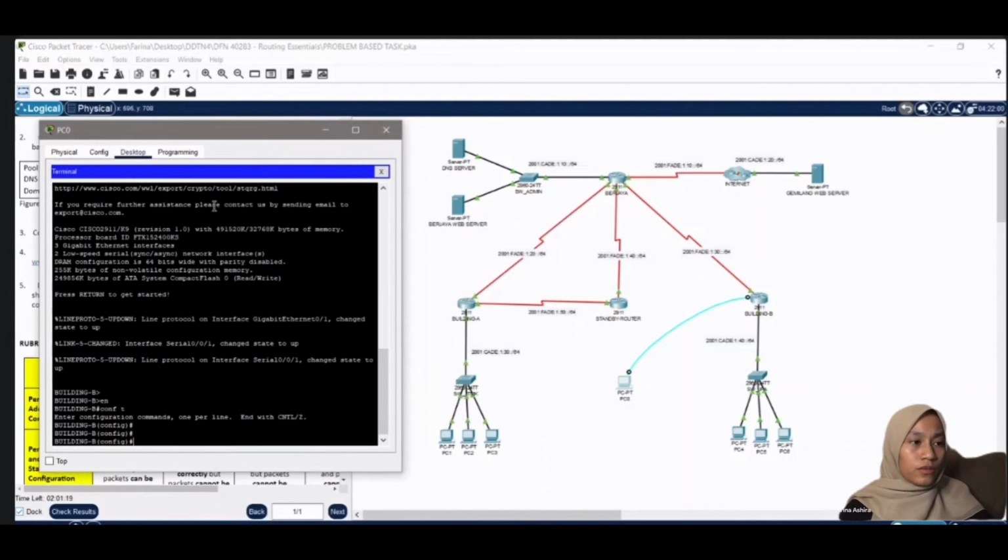For building B, the one that is connected to building B is 2001 fit 1.30 and fit 140. So the other that is connected to building B needs to be configured. The command is the same, ipv6 route 2000, the IP address,